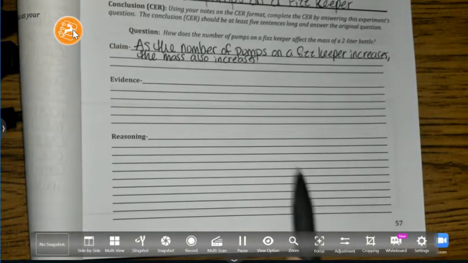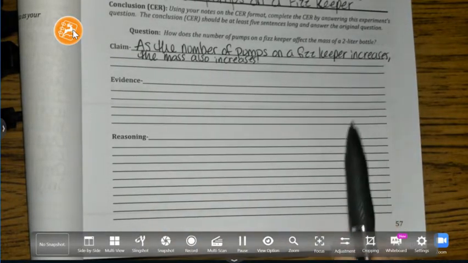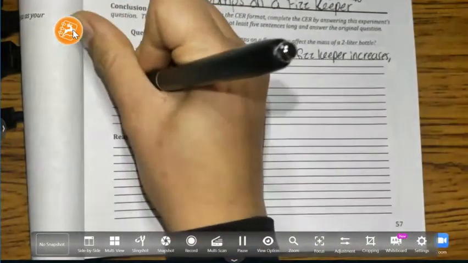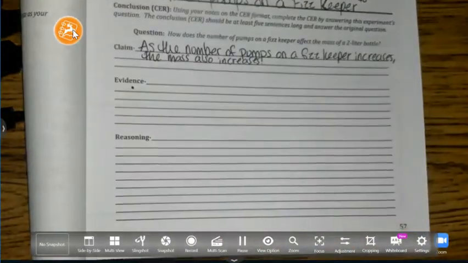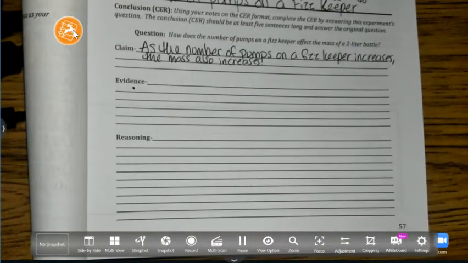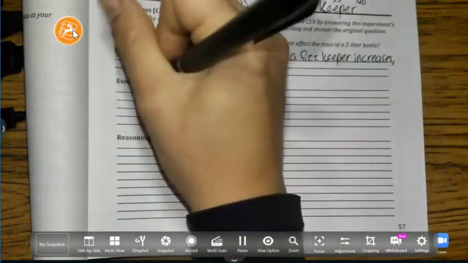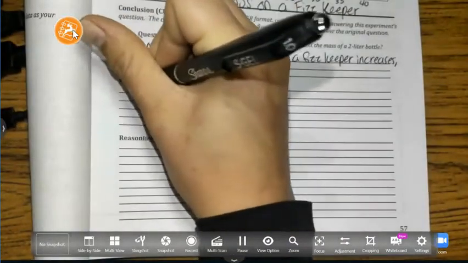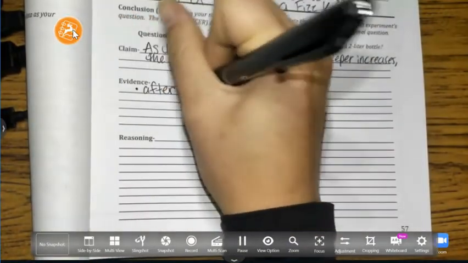Exactly. All right, then evidence. We only need 4 data points, and it can be bullet points. So I'm just going to pick 4 different numbers from our data table that show as we increase the number of pumps, the mass increases. So you could say, I'm going to start with 5. After, oh wait, hold on. After 0,